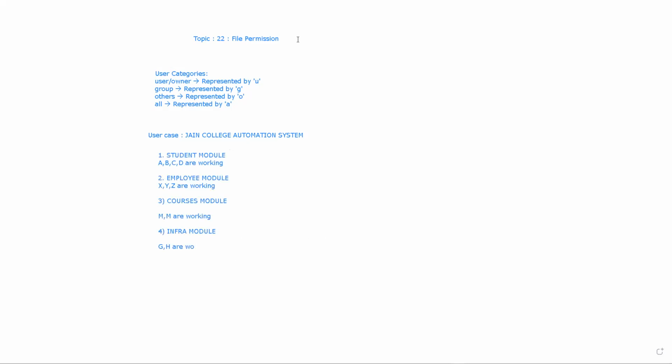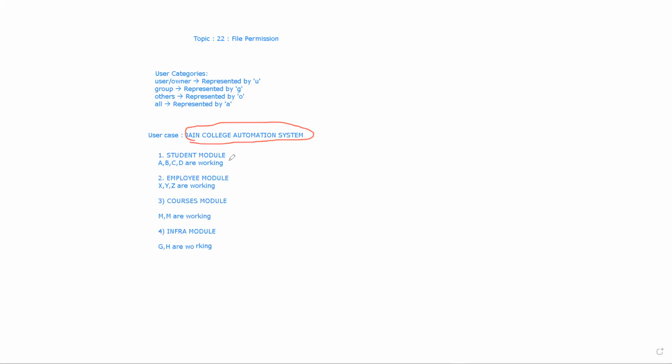So basically G and H are the developers working there. We have the Jain College automation system.